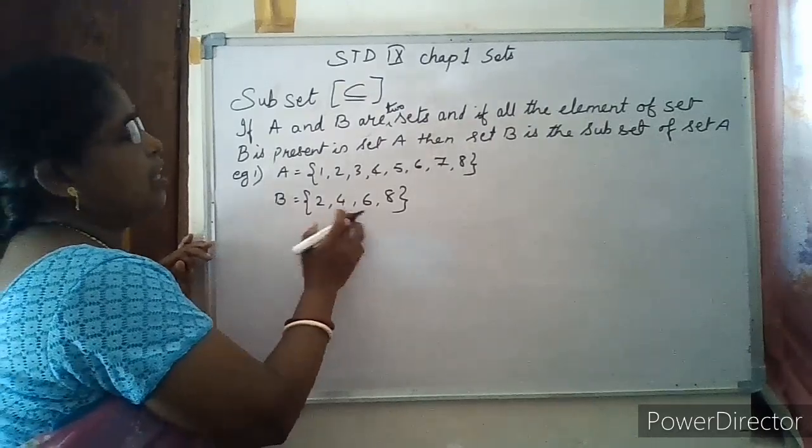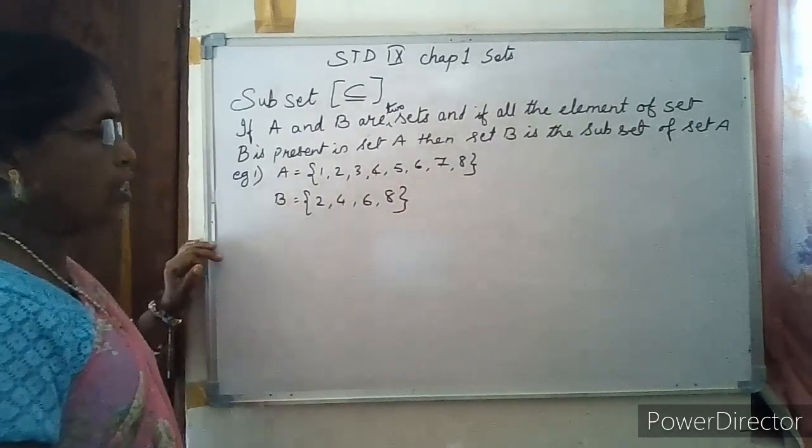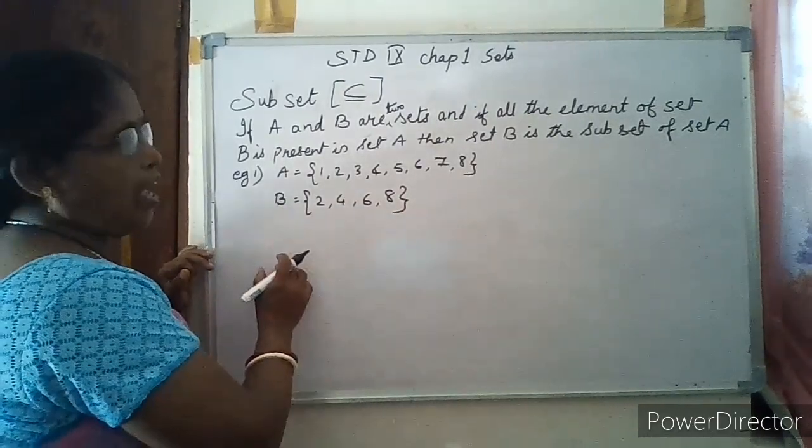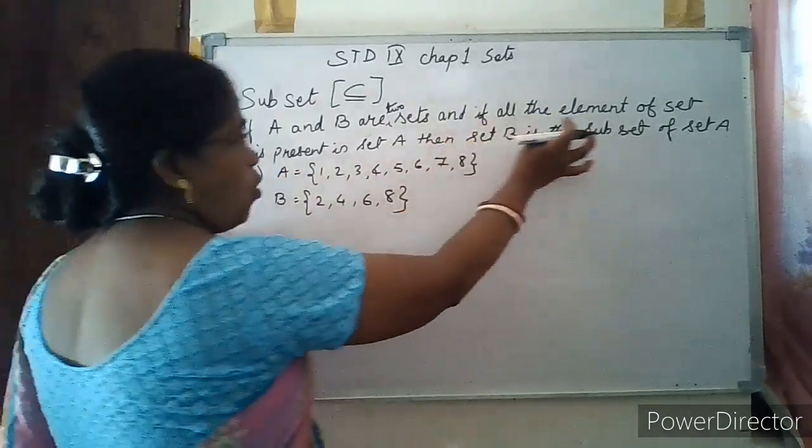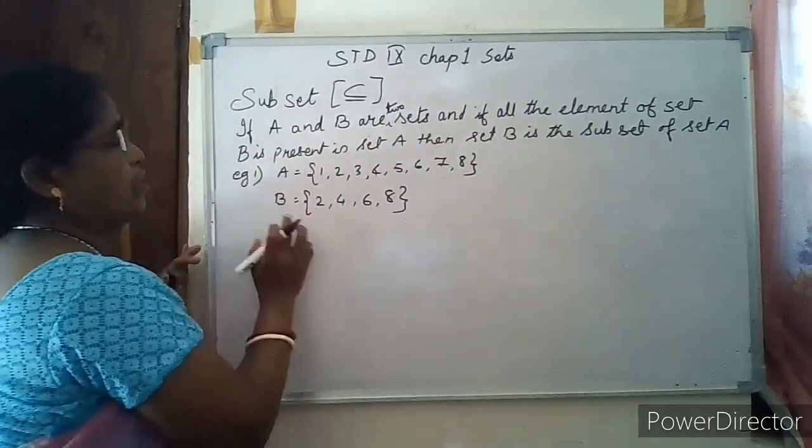Set B contains the first 4 even numbers. Now you can see that A and B are two sets, and all the elements of set B,